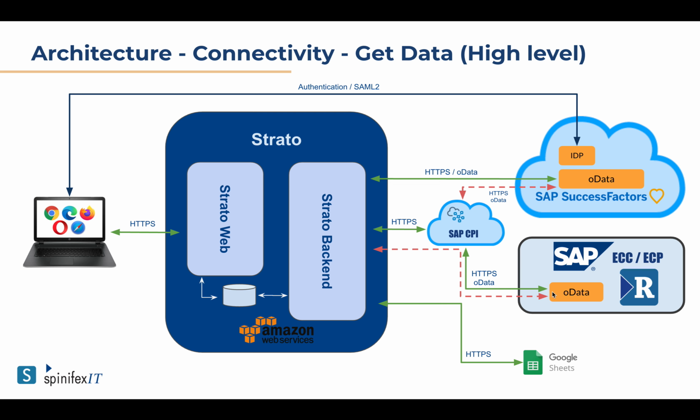When it comes to Employee Central Payroll, our recommended approach is to go through SAP Cloud Platform Integration. The way it will work is Strato will connect to SAP Cloud Platform Integration. SAP Cloud Platform Integration will connect to SAP through Easy Reporter, get the data back to SAP Cloud Platform Integration, and then give it back to Strato. So this takes time. But it is our recommended approach because it's probably safer for a customer to keep their payroll system behind firewalls and not allow access to third parties.